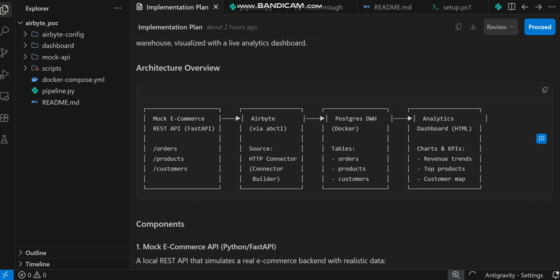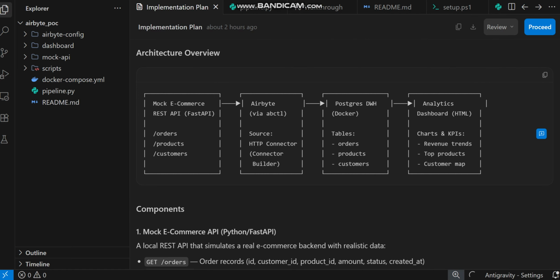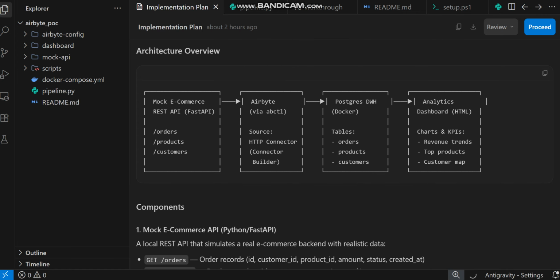For example, here is the mock e-commerce REST API. These are the endpoints, and then we have the HTTP request, where we use the Python Airbyte pattern, which fetches all pages and upserts to Postgres. Then here we use Docker, basically three tables plus views, and this is the analytical dashboard which we created. So the e-commerce REST API we built using FastAPI generates realistic data with the Faker